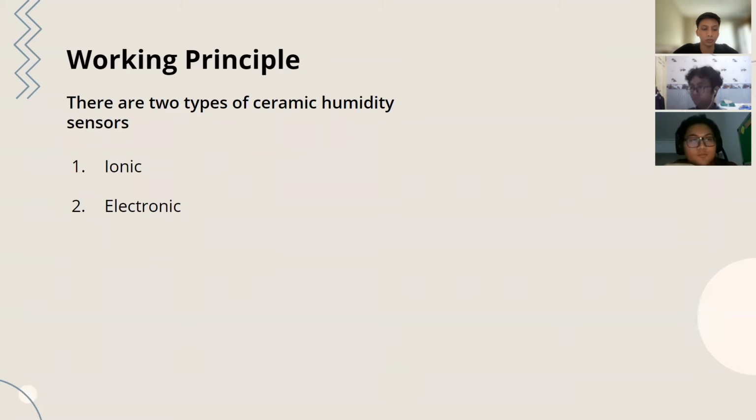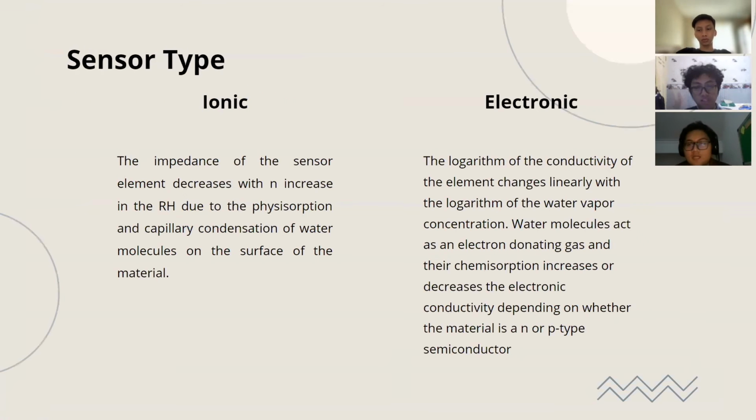And now I'm going to present the working principle of the humidity sensors. There are two types of ceramic humidity sensors, which have obviously two different working principles. The first one is the ionic and the second one is the electronic. Okay, so the ionic type of